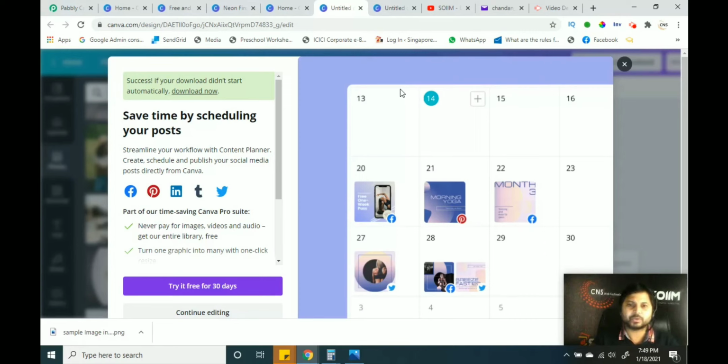The images which we design in Canva are very helpful for your social media, because whenever you make an ad in a social media account, you have to use the designing part. Once you have designed good, attractive images, they will be used on your Facebook, or on Google, or on YouTube. On every platform of social media, you can use the same post if you want to. Only the size varies. The size has to be designed according to the social media platform that we are going to publish on.